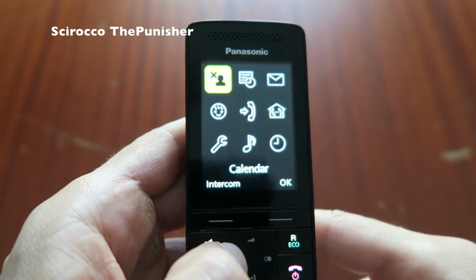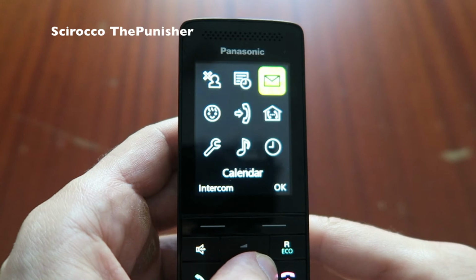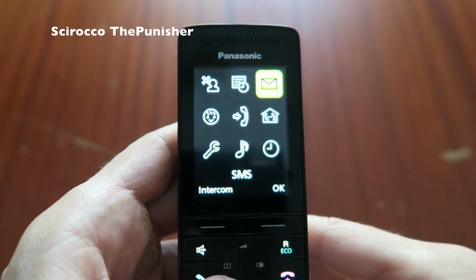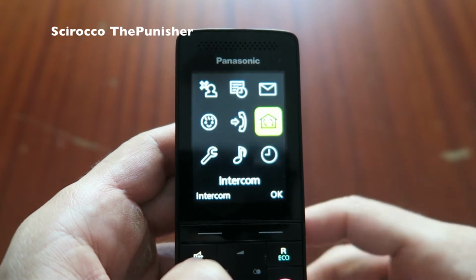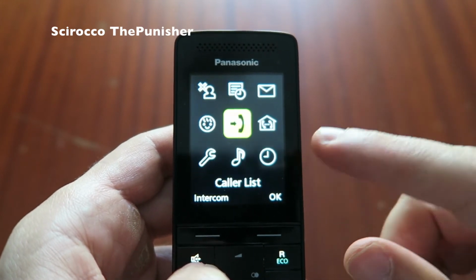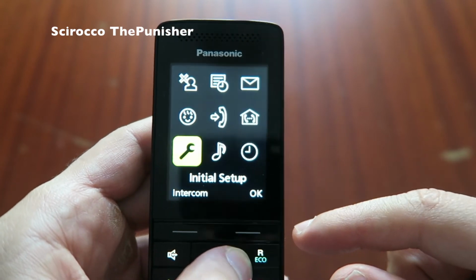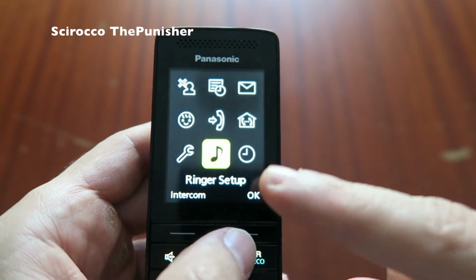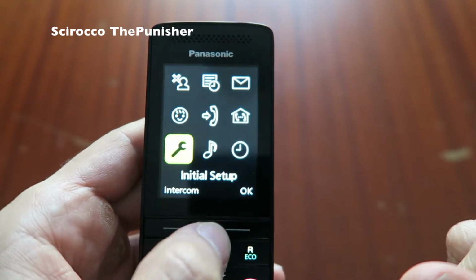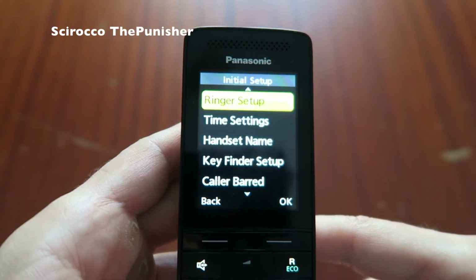So we have caller ID, we have also a calendar, SMS if you want to text, intercom if you have another phone like this inside your house, caller list, baby monitor. We have the setup, ringer setup, and the time settings. Let's go to ringer setup. No, we go up to the setup, and here we have the time,